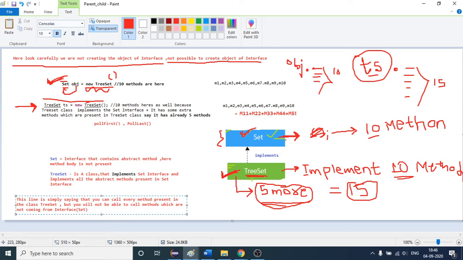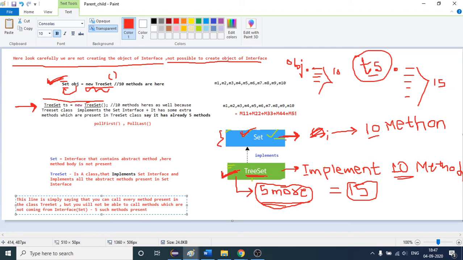As of now you can see that 5 methods are not coming from the interface. They are already present in this TreeSet class. So all I am saying, you will not be able to call the methods which are not coming from the interface, and there are 5 such methods present. These 5 methods, as I have shown you here, are not coming from this Set interface. They are a part of this TreeSet class.